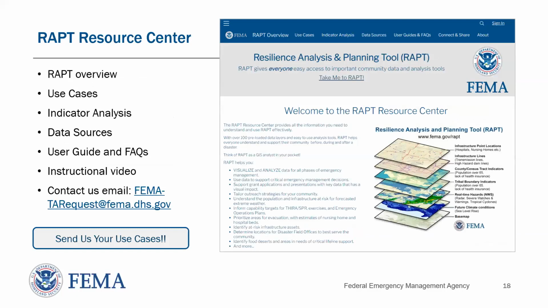And obviously, we want people to understand how to use the tool and how to get their questions answered, even if we're not available for a presentation. So we have a RAPT Resource Center. I can share that with the team, or I think the host can share that with everybody as well. We have overview information, background information. We have all of our data sources that are listed, and we link to all of them so you know exactly where we're getting our information from.